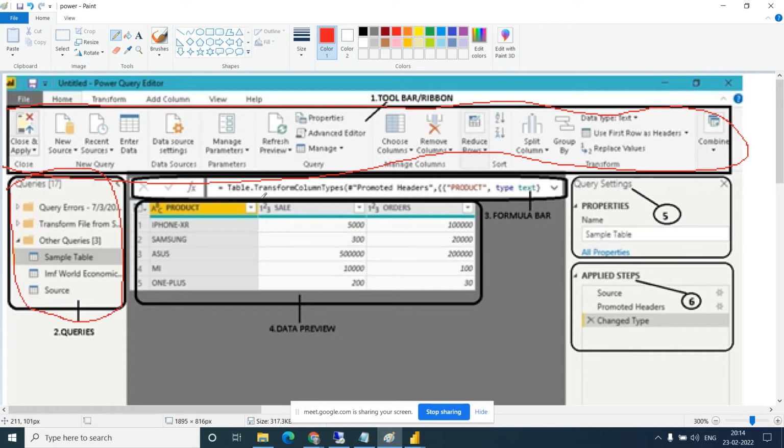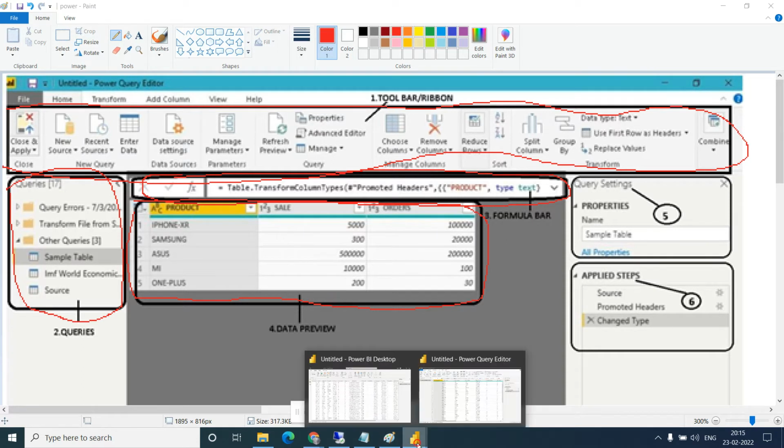Then this is the data preview, where we can see the data. This is the formula bar, where we write the formula. On the right side you can see the Properties window and the Applied Steps, the steps we created. We will see one by one how we do this.